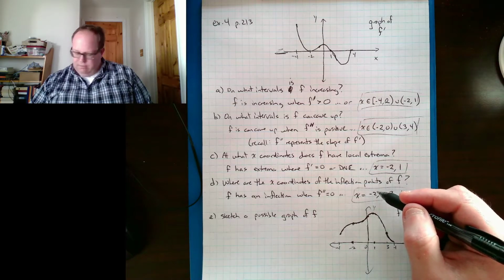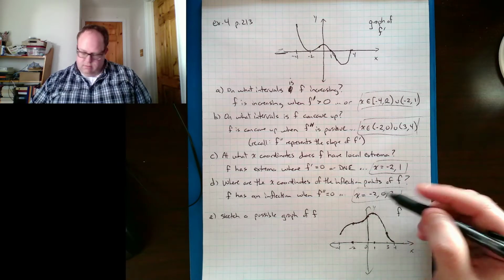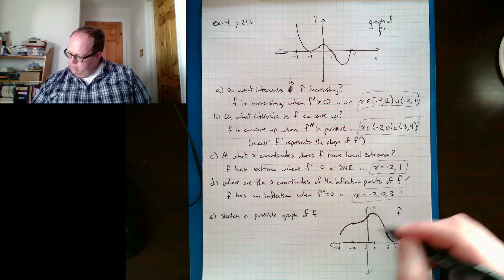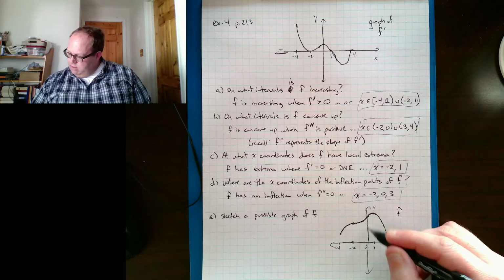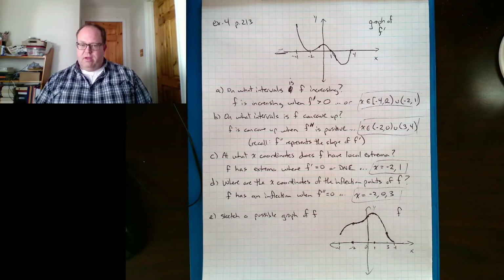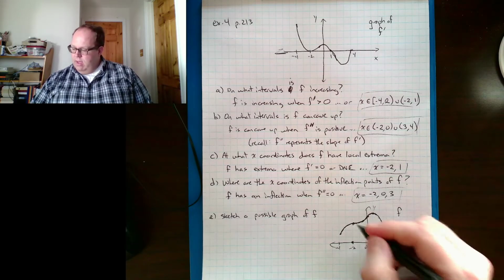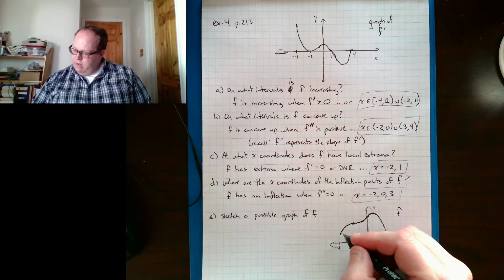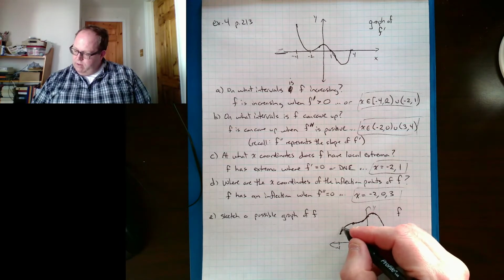And has an inflection point at -2, 0, and 3. And I did one thing a little off when I did this. -2 should be an extreme value, but I've just shown it as a flat curve. So really my graph should do a bit more of